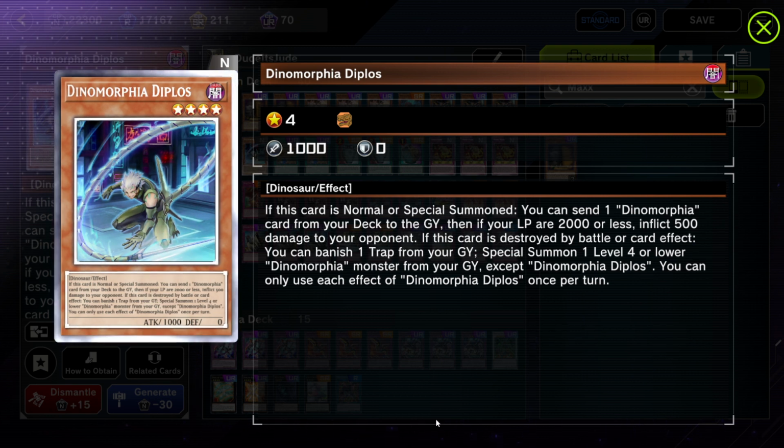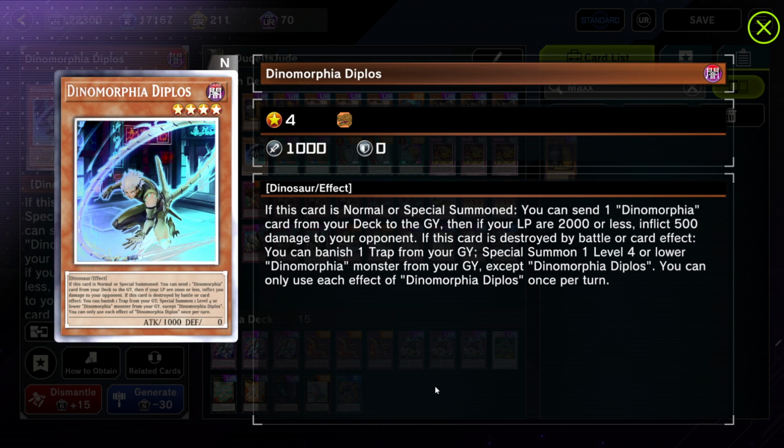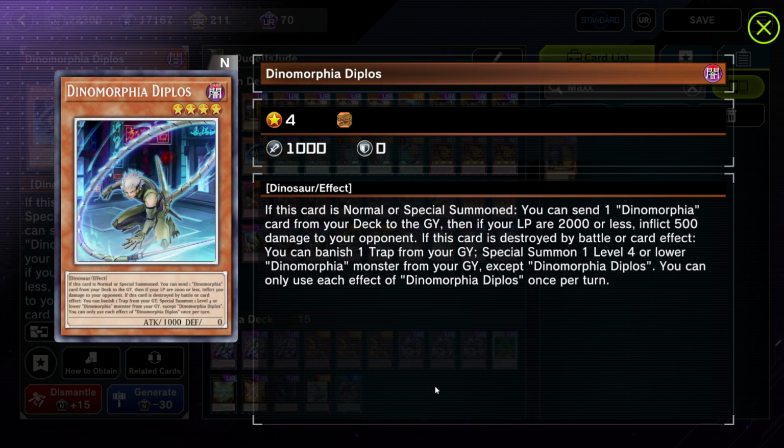So if Theresia can summon Diplos, Diplos can do the opposite. So Diplos is the second best main deck monster here. Well, there are only two of them, so yeah, the competition is not so much. But yeah, Diplos allows you to foolish any Dinomorphia card, and it's really good in a lot of niche situations. And it allows you to have Dinomorphia traps to copy, or